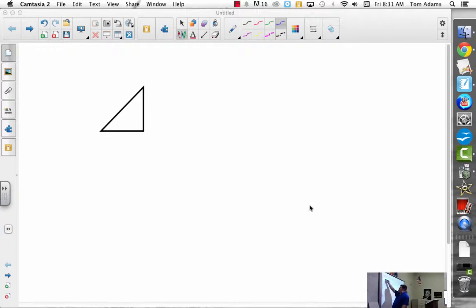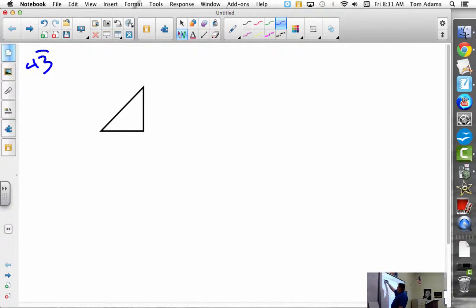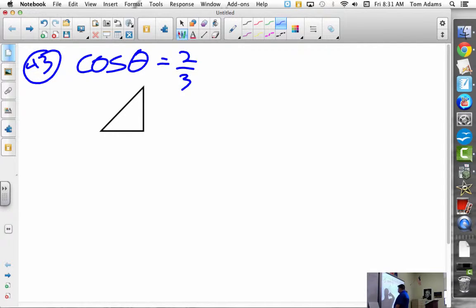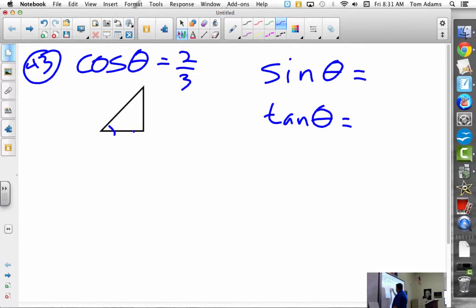Okay, so for problem number 43, they tell us that cosine of theta is equal to 2 over 3. And they want us to write down what is sine of theta and what is tangent, the other two of the three. So I've just drawn a little right triangle like this. When we talk about SOHCAHTOA,